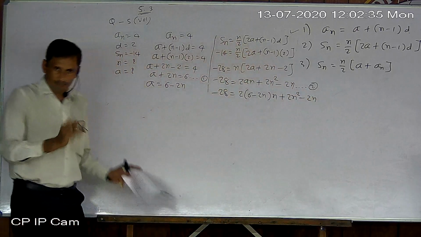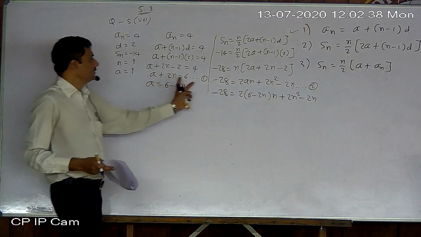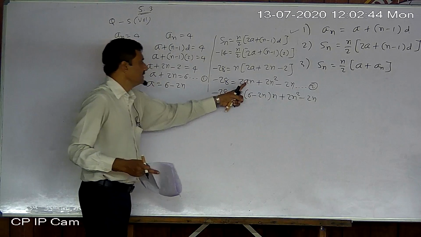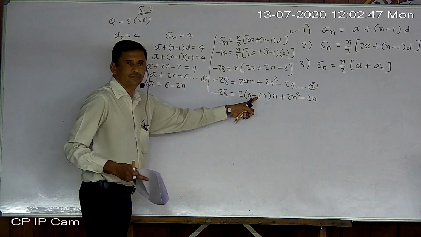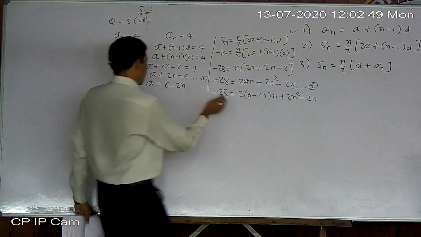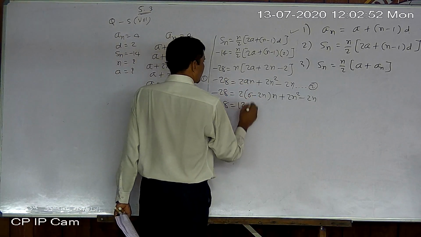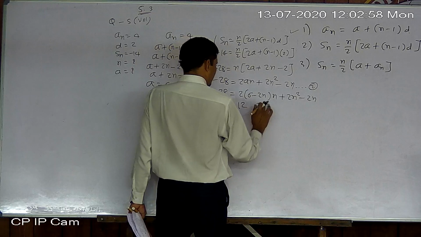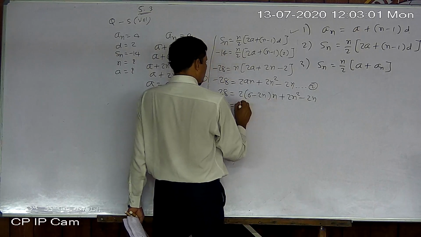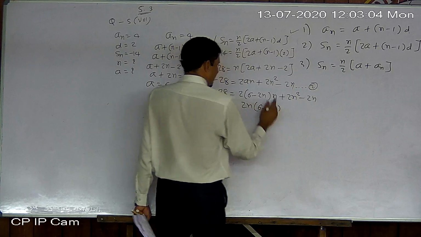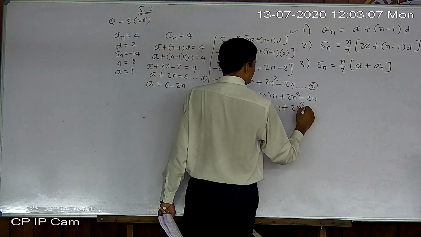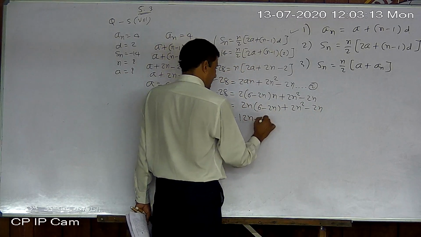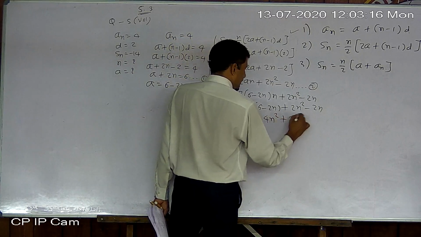This sum quite becomes long, but understand nothing is new. After getting both equations, I am just using the substitution method here. Substitution method means substitute any one variable's value. Okay, so that is removed. Now just simplify it. Minus 28 equal to 12 minus 2n square. Sorry, 2n, keep n here. So 2n times 6 minus 2n. Okay, n first of all I shifted here. Now minus 28 equals 12n minus 4n square plus 2n square minus 2n.